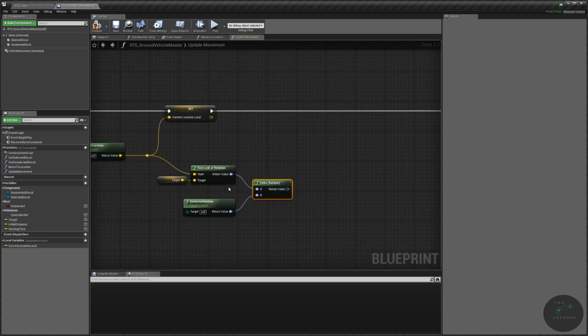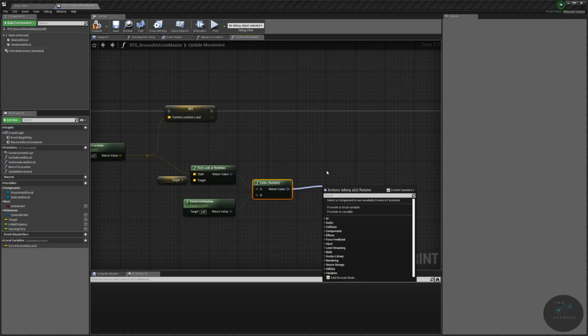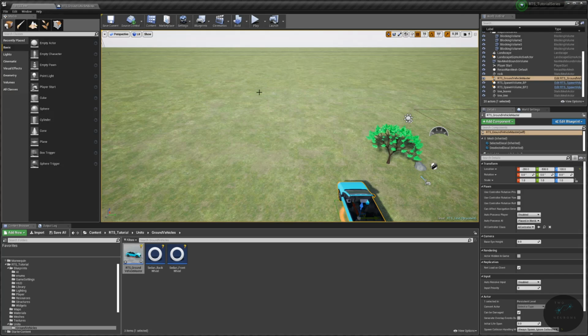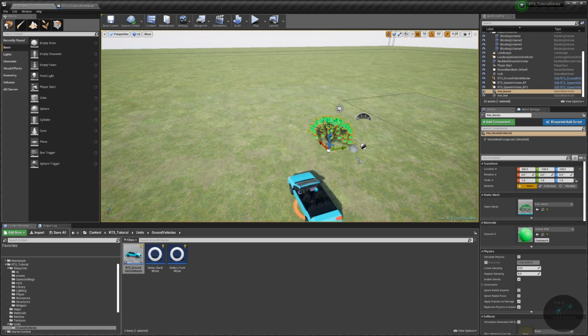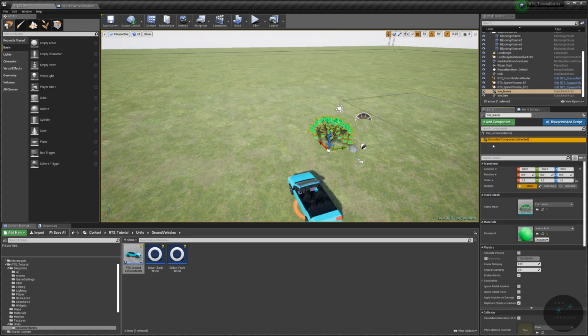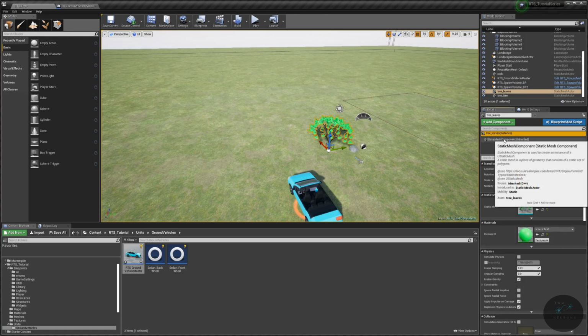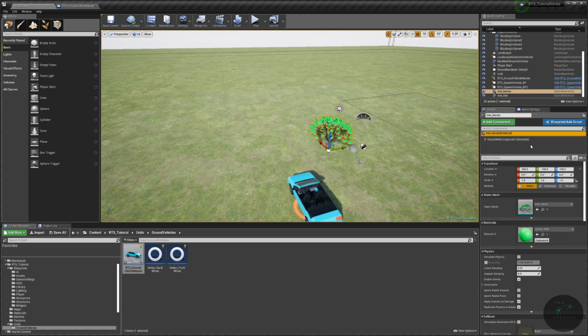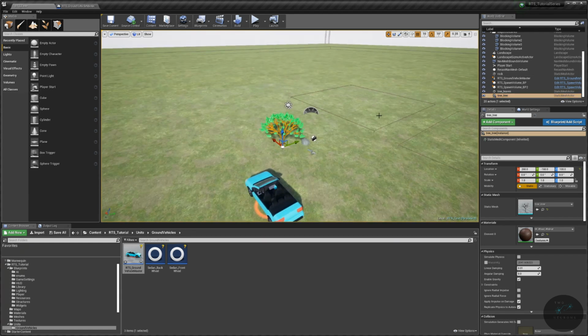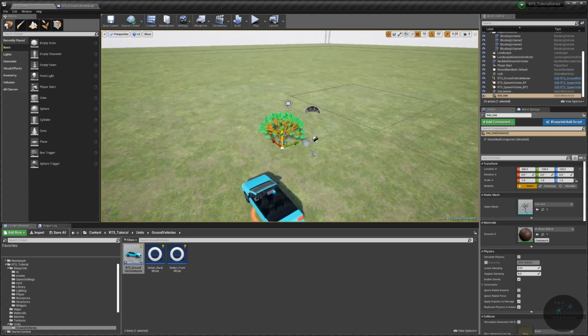In other words, not the local information. This is the global information. If you don't understand the difference between local and global in this case, local is... So let's look at the tree for a second. The leaves, and we can't actually see the leaves, unfortunately. Oh, yeah, we can. Other instance together. So when we spawn them in here, what happens is the leaves are a subcomponent of the